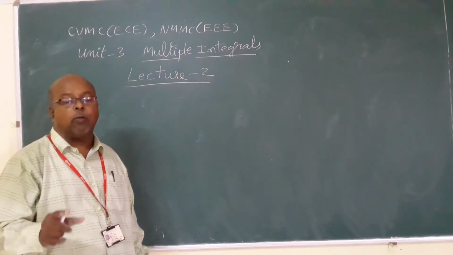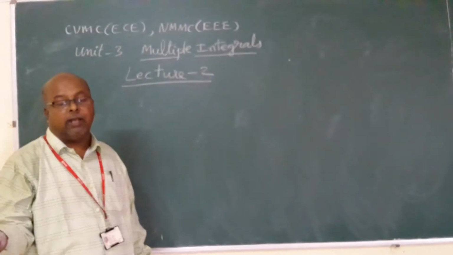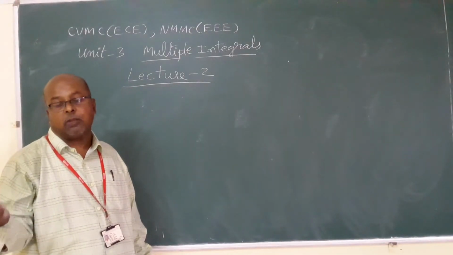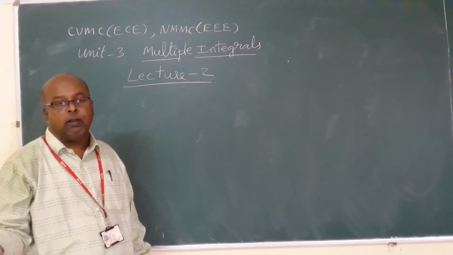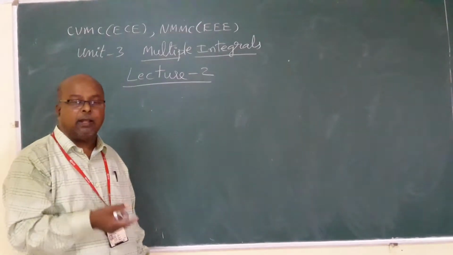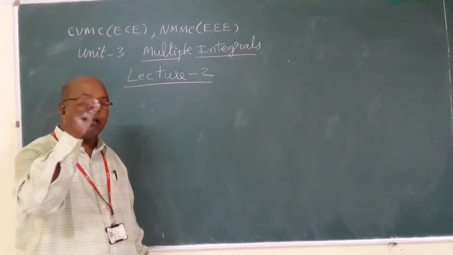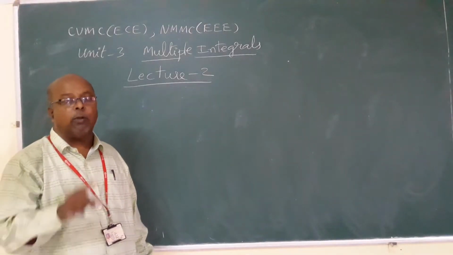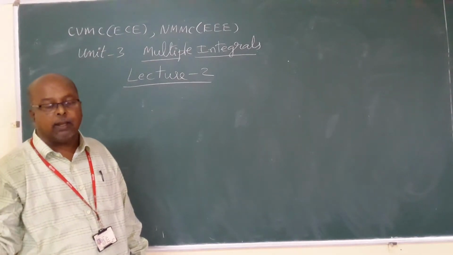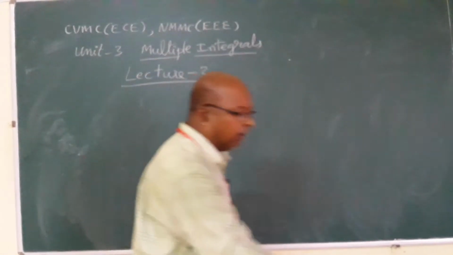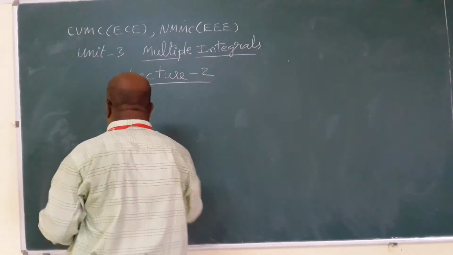Y terms means we have to take the opposite variable x. So integrate first with respect to x and then integrate with respect to y. If the first integral has constants and the second integral has x terms, we have to integrate first with respect to y and then with respect to x. Observe some example problems.